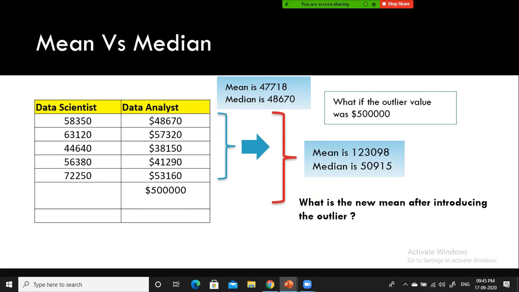Now let's get back to the same example. In the case of mean, we use the data, let's say, the data scientist or data analyst salary. Just think this is the data scientist. You ignore this one for the time being, okay? This is the data scientist salary. If you take the average by including the outlier in a data set, your mean value exploded like anything. But if you take the median,